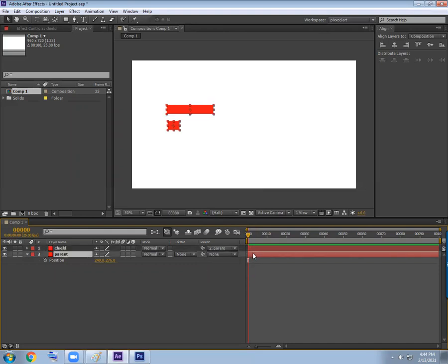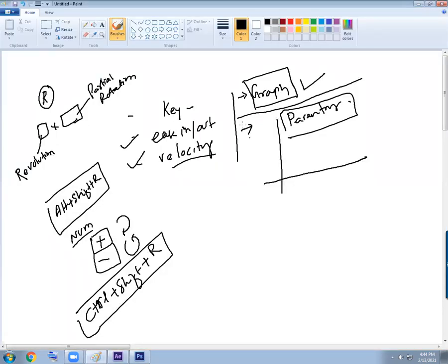Then if you are doing something to the parent, the child moves along with it. Is it clear now? And the next level. What happened here? Yes, it is moving very nicely. But whenever we are moving the parent, now we are going to the next height. This is linking. What are you learning now? Linking. Linking is the advanced format of parenting. What cannot be done by the parent will be done by the link.